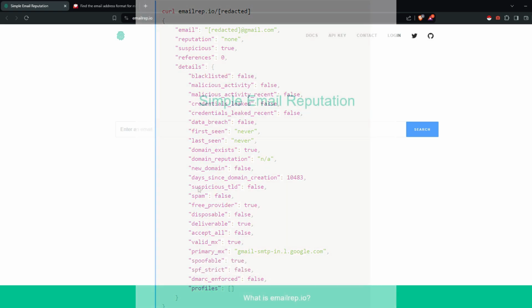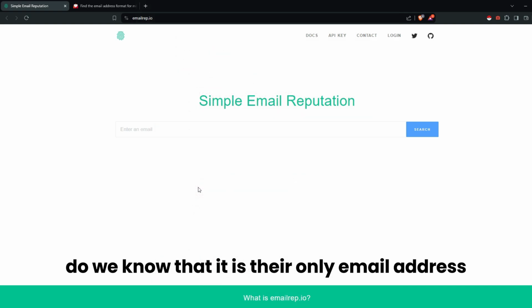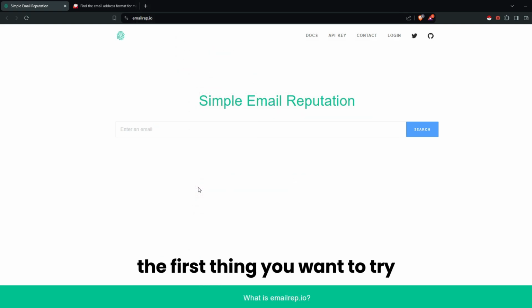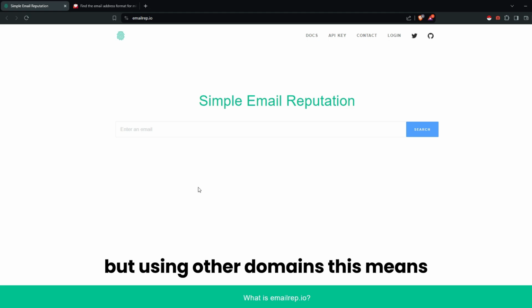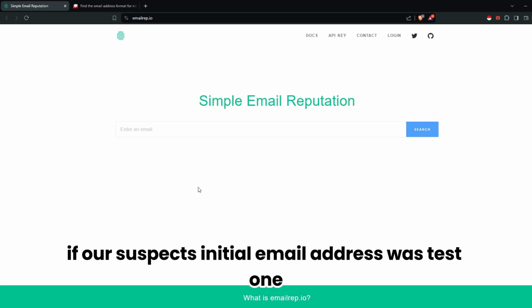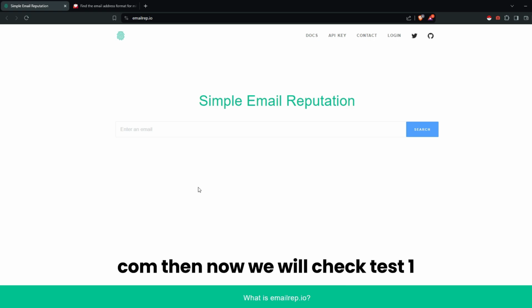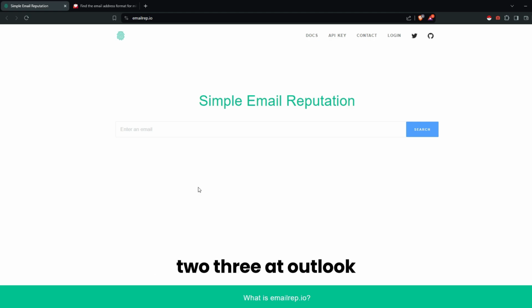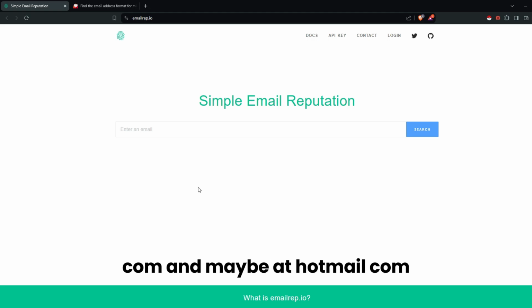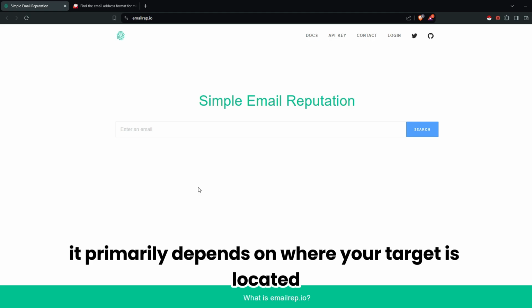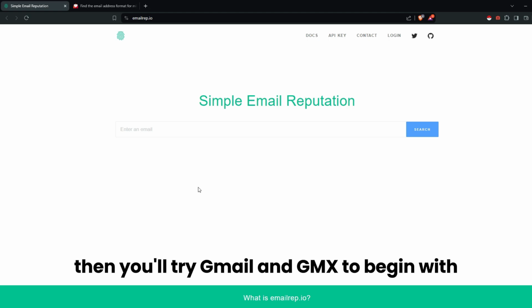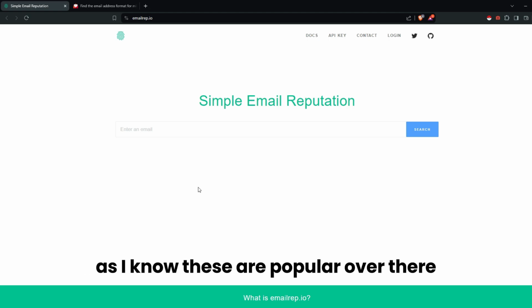Now the question: do we know that it is their only email address? The first thing you want to try is checking the same name but using other domains. This means if our suspect's initial email address was test123@gmail.com, then now we will check test123@outlook.com, then at protonmail.com, then at gmx.com, at yahoo.com, and maybe at hotmail.com. It primarily depends on where your target is located. If, let's say, in Germany, then you'll try Gmail and GMX to begin with,